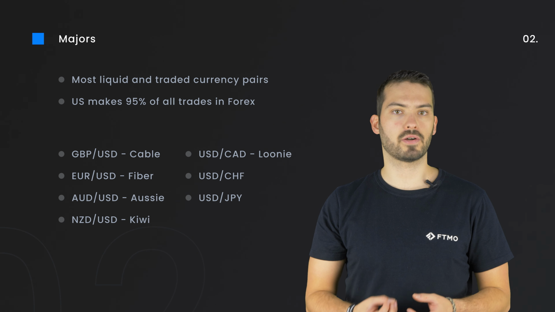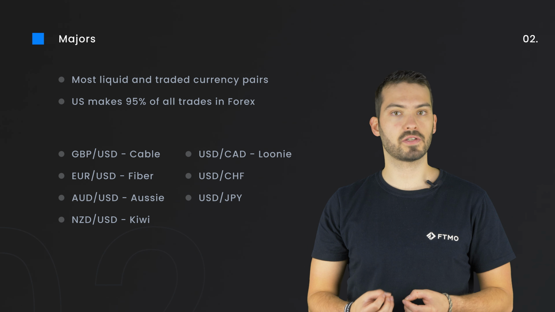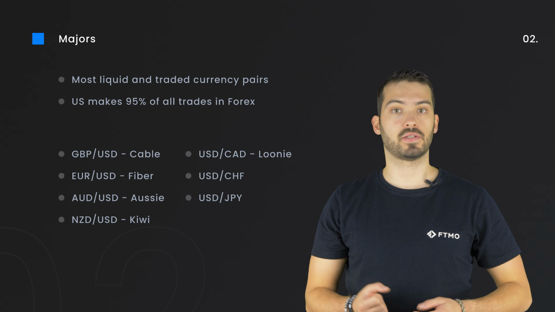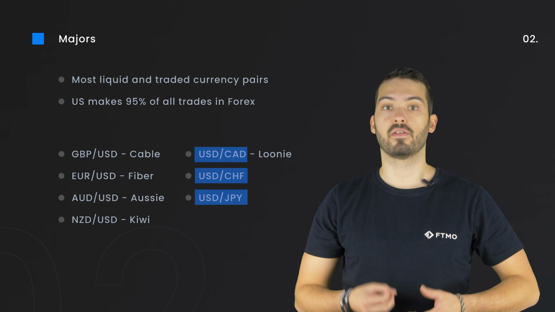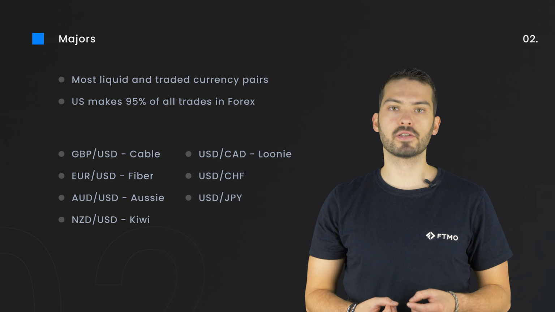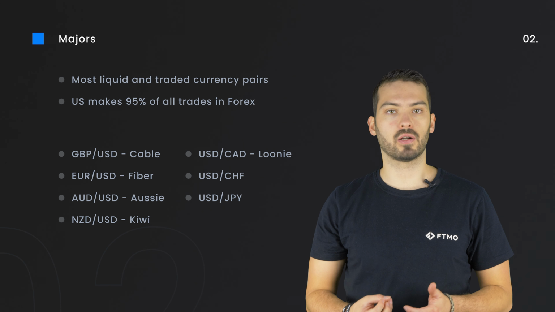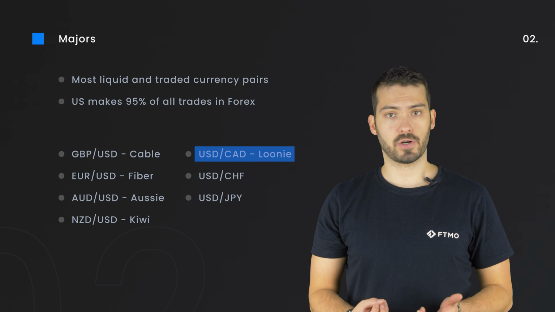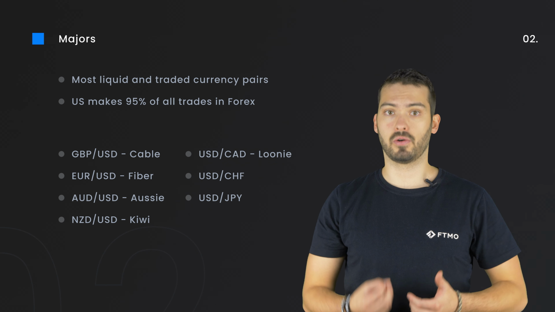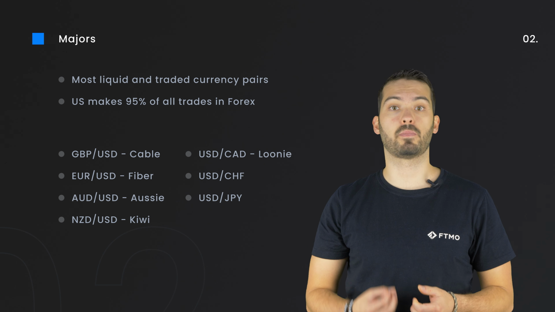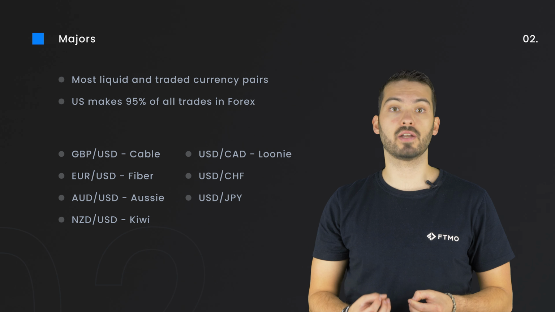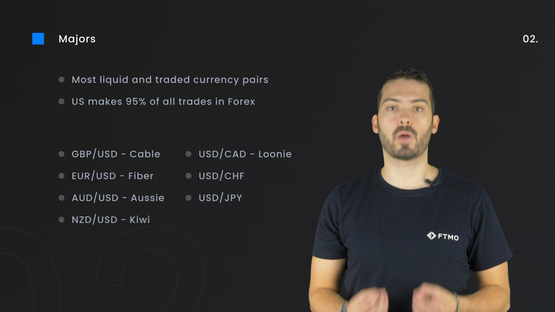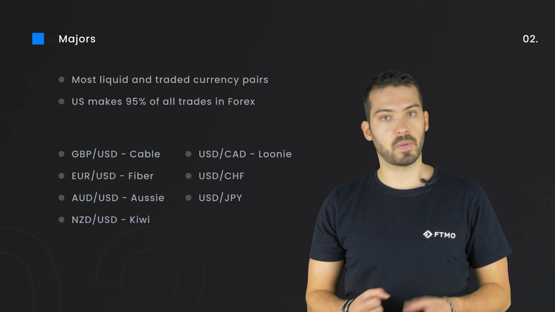All these mentioned pairs start with the foreign currency first and the US dollar second. The last 3 majors work the opposite. The US dollar is in the first place and the foreign currency second. We have US dollar and Canadian dollar that we call loonie. The loonie refers to the $1 Canadian coin and derives its nickname from the picture of a solitary loon on the reverse side of the coin. The others are US dollar and Swiss franc, and the US dollar and Japanese yen.